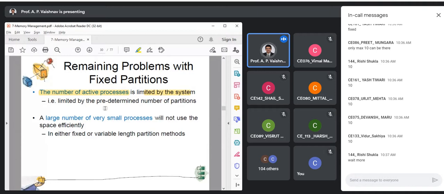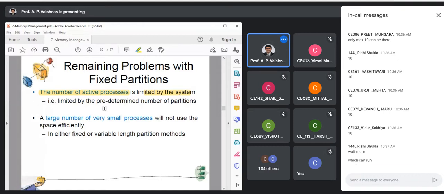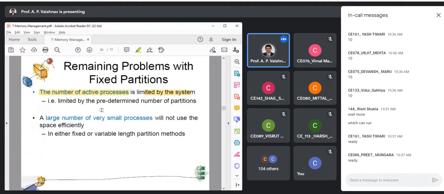Active process means what? Can you compare that with the state? Number of ready processes, right? We can say that, yes. Exactly. Fine. The other disadvantage is, understand this statement carefully, a large number of very small processes will not use